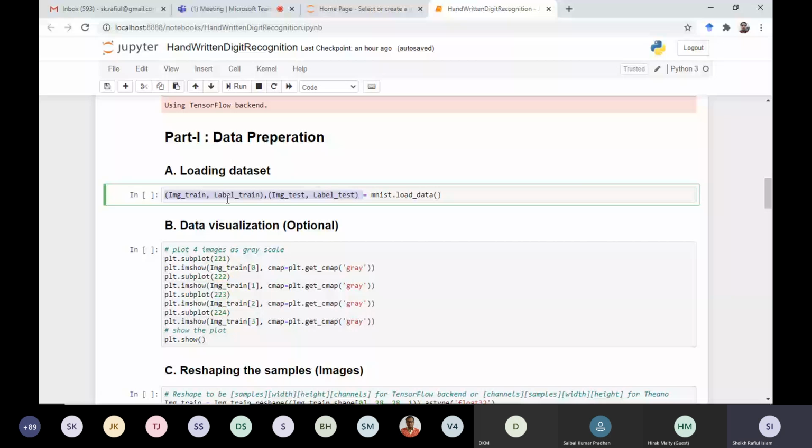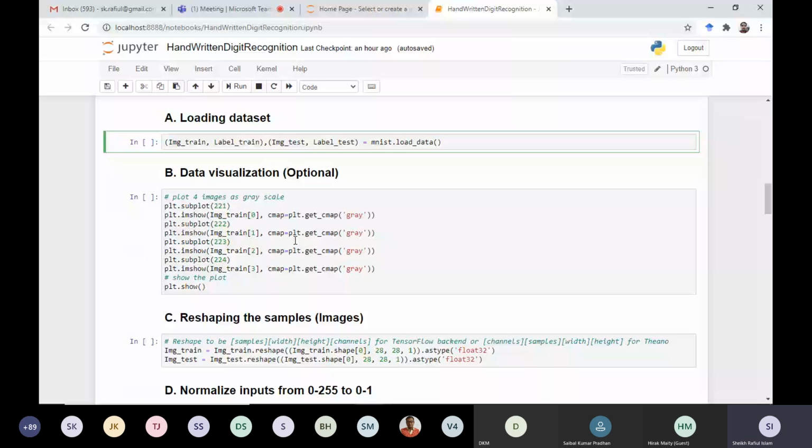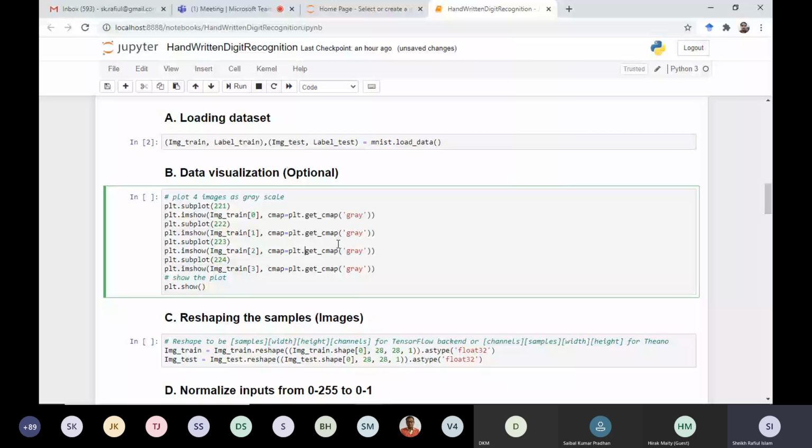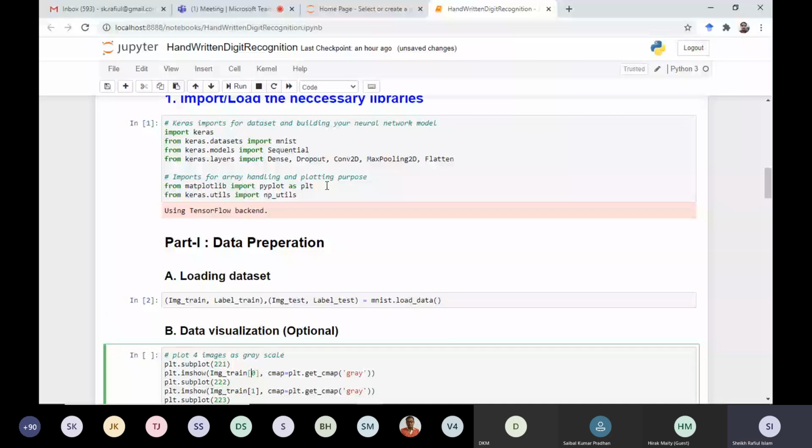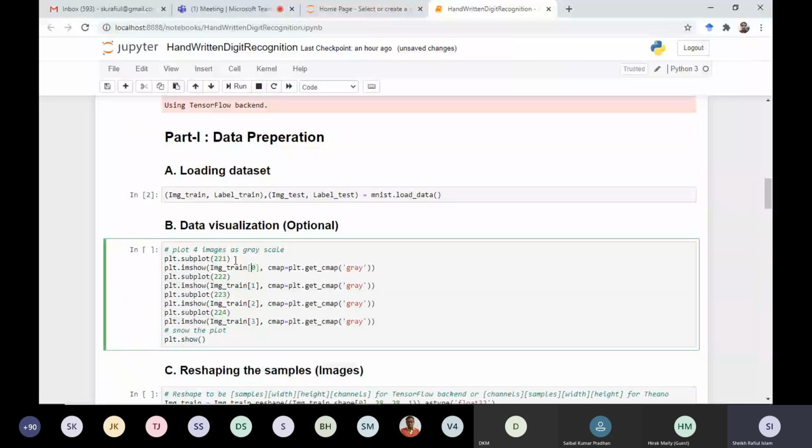After that, I'm running this. Then you might want to see the images, what is in the data set. To do that, we have this block of code, where we have used the matplotlib plt.subplot function. That is very easy to understand, so I am not explaining these lines.